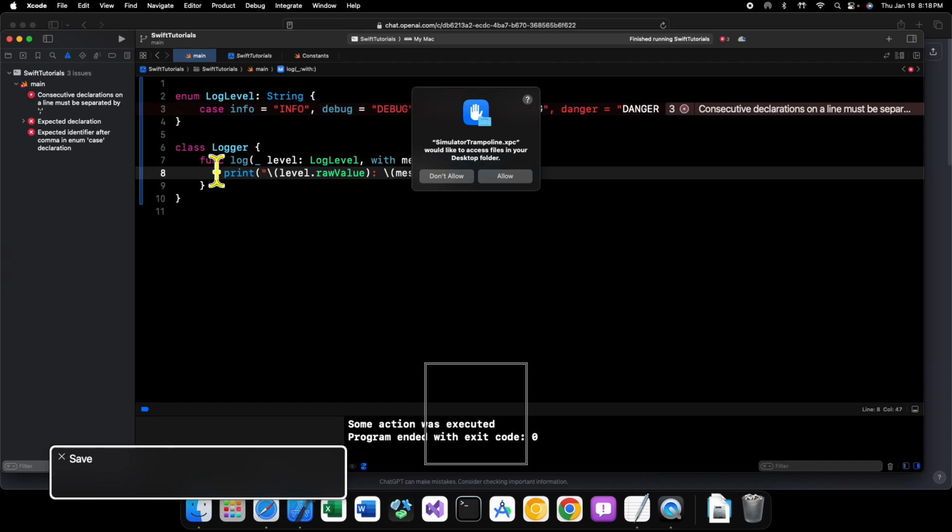All right. So we have a logger with a log message that takes in a log level enum and a string, but